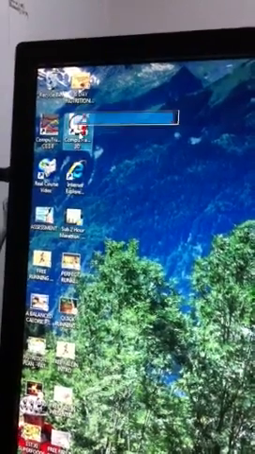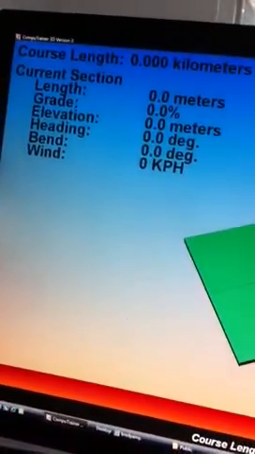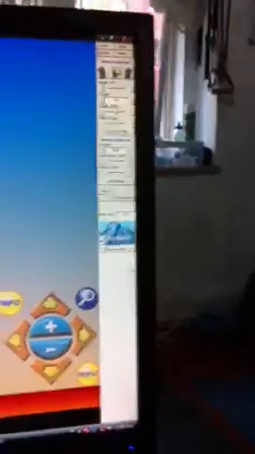Go into the Computrainer 3D program, wait for all this rubbish to come up, click through it, then go into set up options, click on that, then simply go in here and you're going to design your own course. So going on to that button there, bring it down